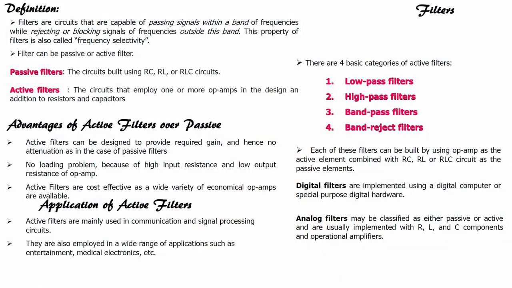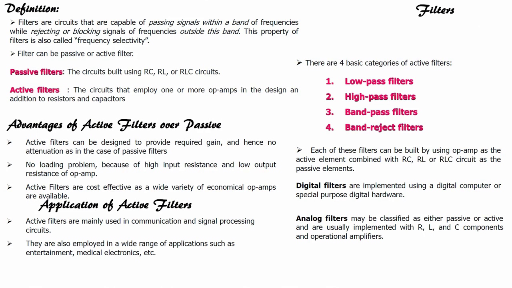To start with, we will start with filters. So, when you talk about filters, filters are what? They are circuits that are capable of passing certain signals and blocking others. So, what do you mean by passing certain signals? The band of frequencies that you want to pass, we can design a circuit that will allow those desired bands of frequencies to pass while blocking the undesired signals, alright. So, this property of the filters is called frequency selectivity.